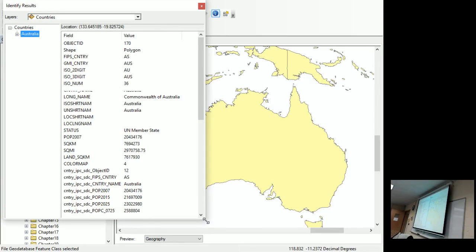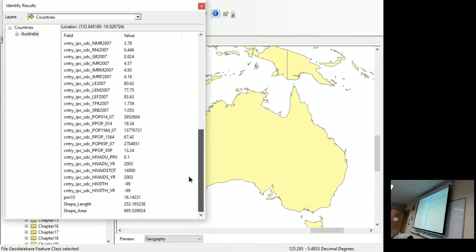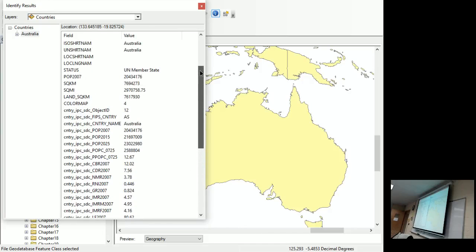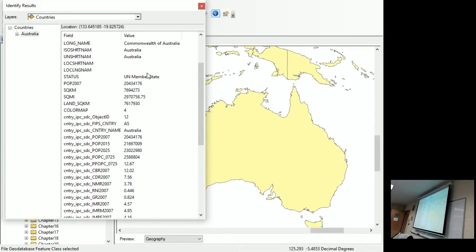Maneuvering that around. And there was a blue question, is Papua New Guinea a UN member state? I think one of these will say status UN member state. So if we were doing the blue questions, the answer would be yes, but you're not. Close the identify window.